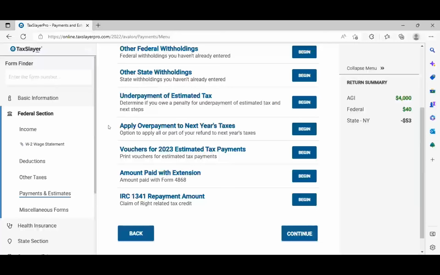If the return was to go on an extension, we would have to fill out what's called a 4868 towards the end of the tax season. If necessary, we'll prepare this form for individuals. I will tell you this, the majority of our taxpayers most likely will be getting refunds. So if it's towards the end of the tax season and the person you know is going to get a refund,